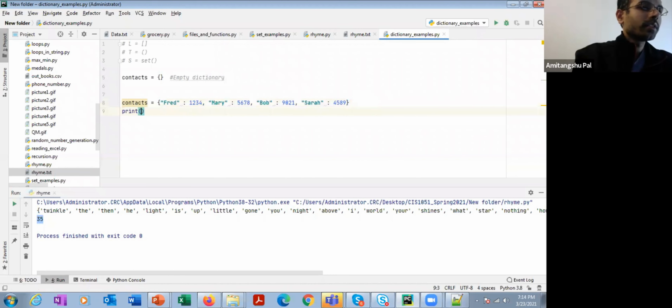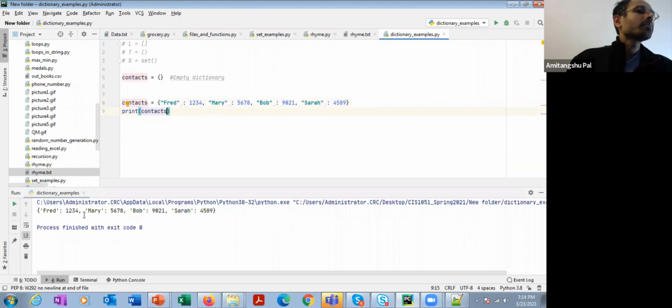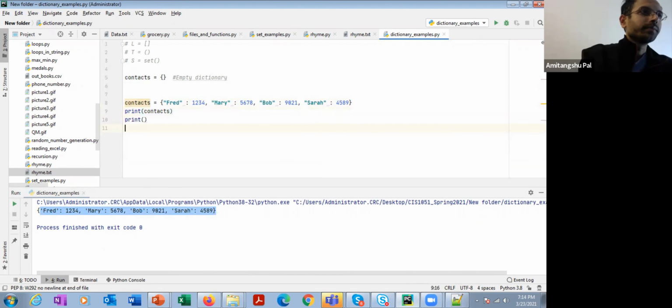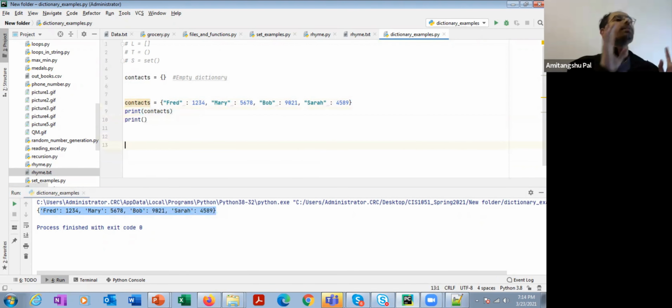All right. So if I print the dictionary, it is going to print the entire dictionary. Now, suppose I want to search some value corresponding to a key. Suppose I want to find out what is the extension number of Mary. How can I do so?